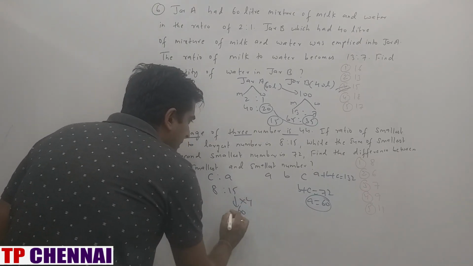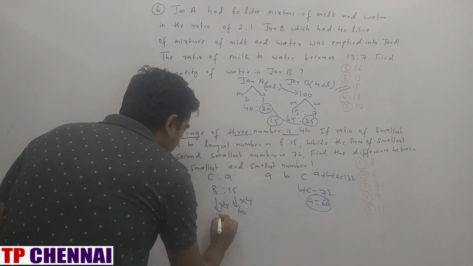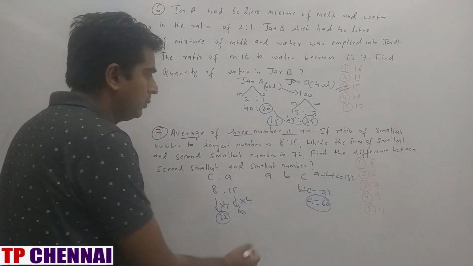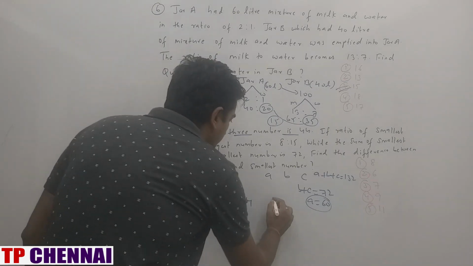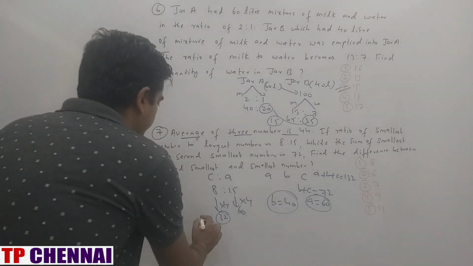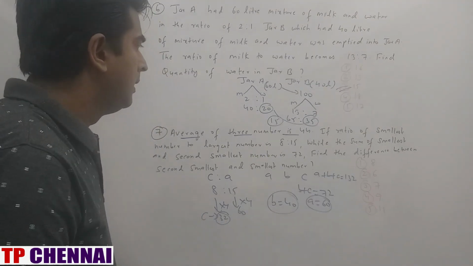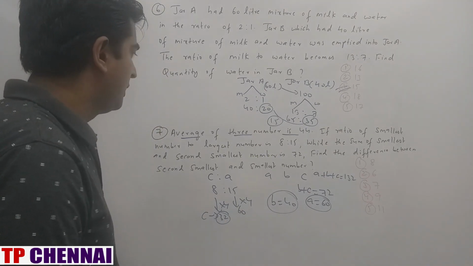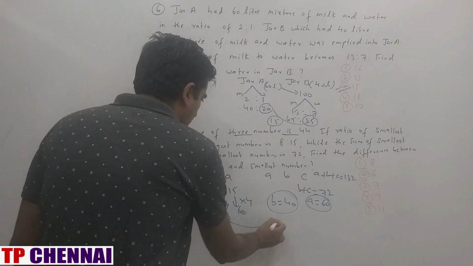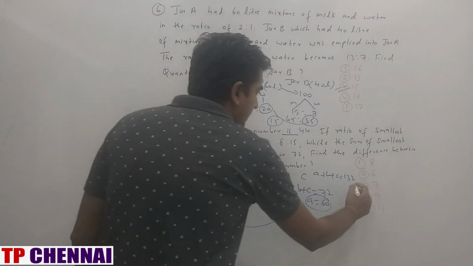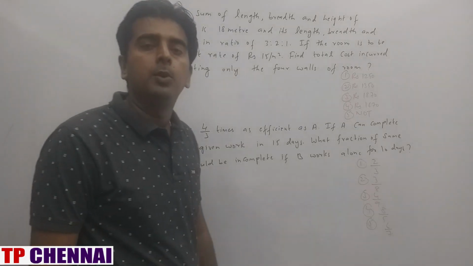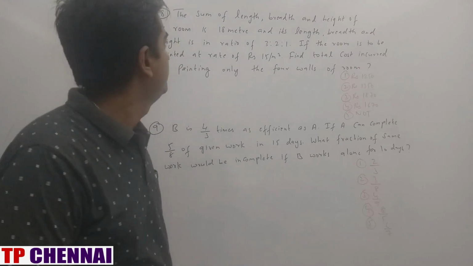And the A part is how much here? 60. 4 times. This is also 4 times 32. C will be 32. And when C is 32, B plus C is 72. So B will be how much? 40. Now what are they saying here? Find the difference between the second smallest and smallest number. That means B and C. They are asking the difference. The difference is how much here? 40 minus 32. 8. Which is nothing but the first option. So I hope you are clear with the 7th question. Now we will see the 8th one.